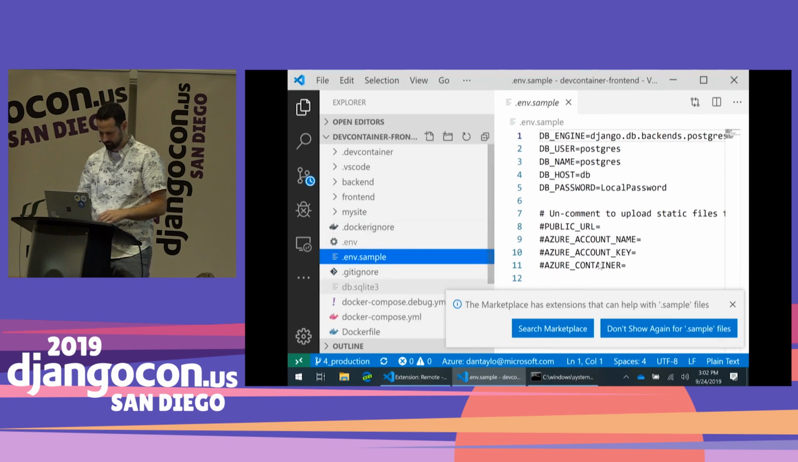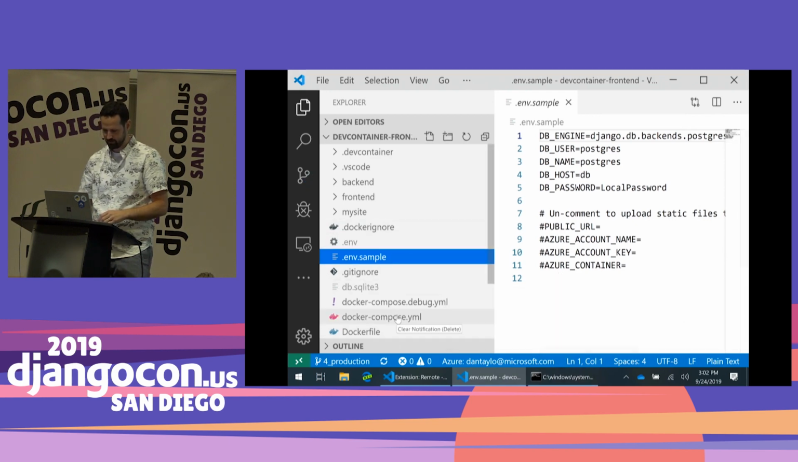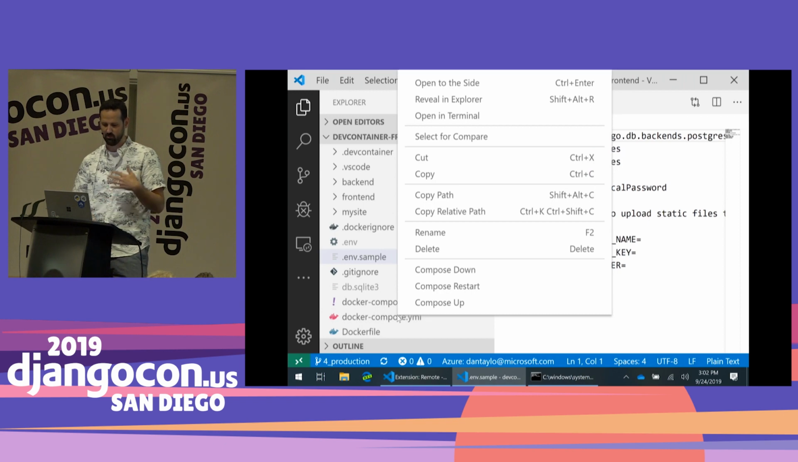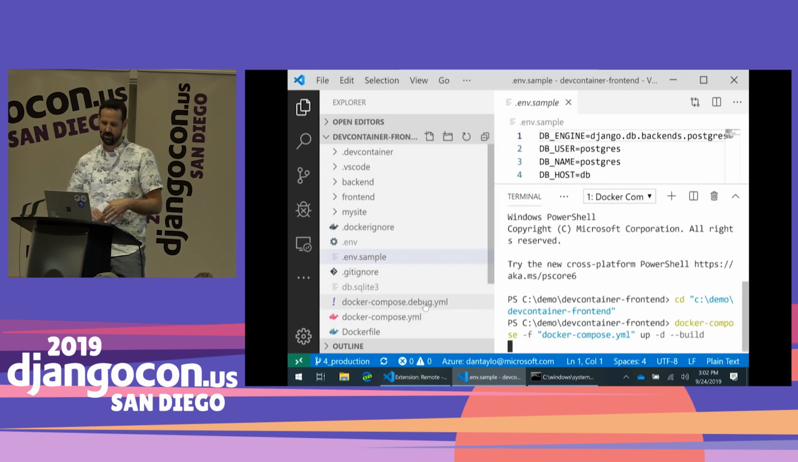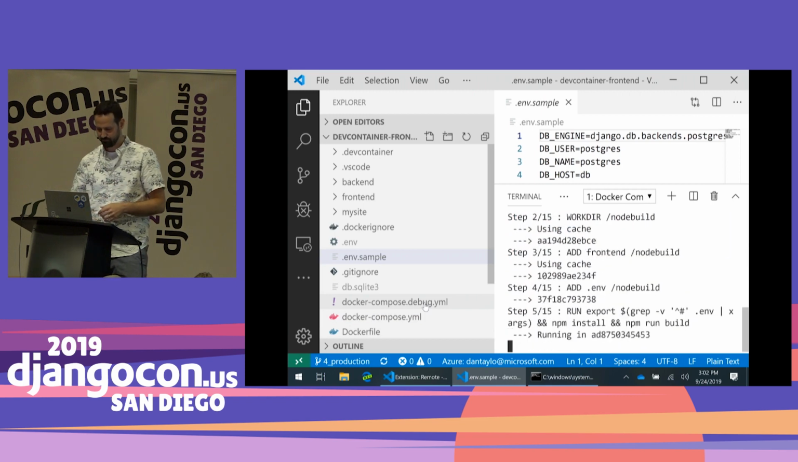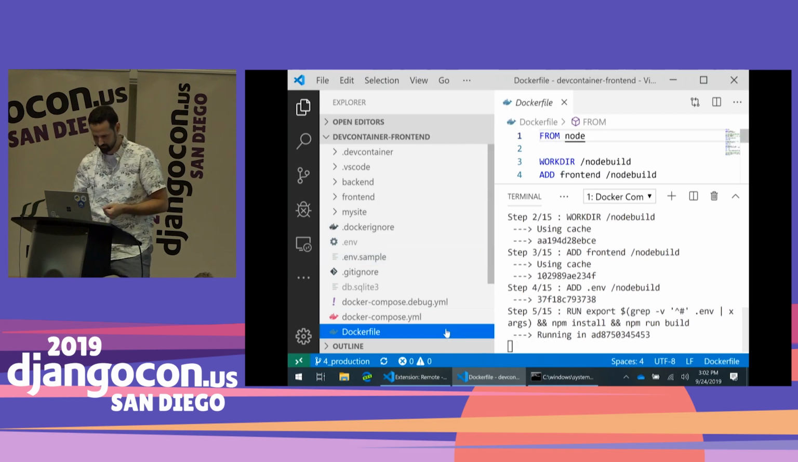And then I'll start to build this. I can actually right click and just say compose up, and that will build that Docker Compose file, and it will run the containers in it. So while this is building, I'll keep explaining some of the different things that I've put into these Docker files. So in this case for the Docker file,